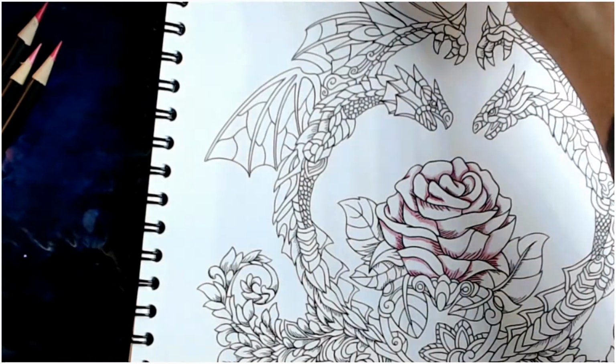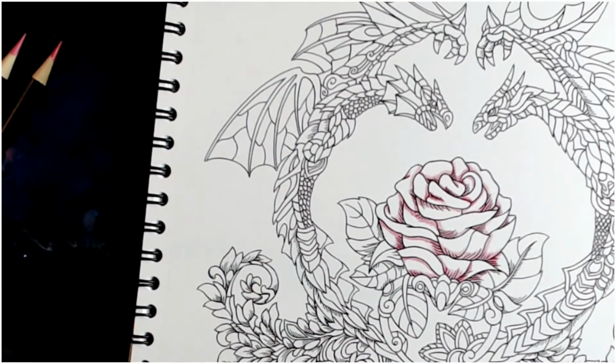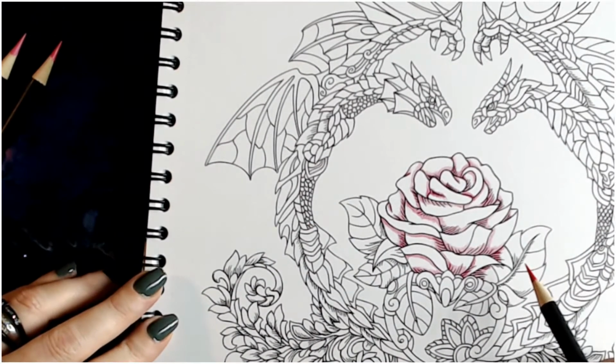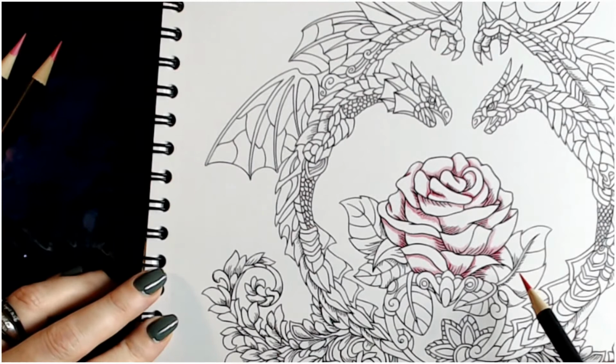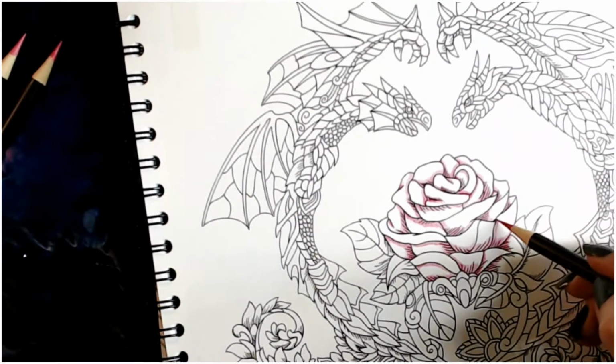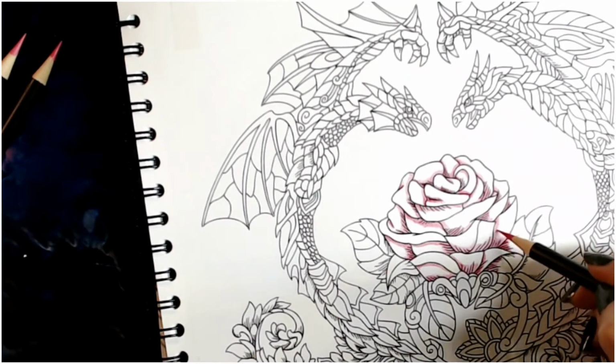Okay, so I'm going to go to my second darkest, which is my 032, and I'm going to, let's see, trying to pick a petal. Let's just do this one here. So I'm going to start blending into what I just colored. So I'm going to go down in that color and then just bring it up just a little bit, because I want to try to go from dark to light, of course. Bring that up. And we're going to go ahead on just this petal, and we're going to move on to